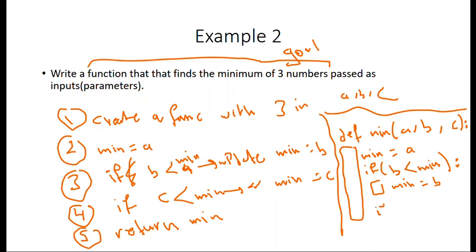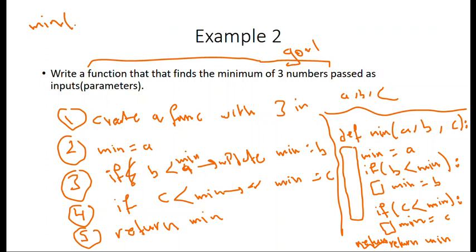Now we create another condition saying if C is less than min, right? Put a colon, we leave a white space here and say min is equal to C. After we are done, we go here, because we need to leave a space, and say return min, and we are done. Okay, now when we call the function anywhere, saying for example min 3, 5, and 1,